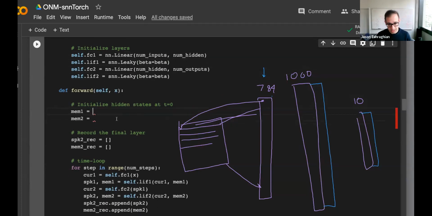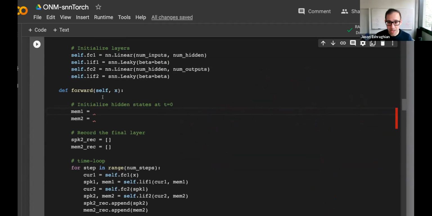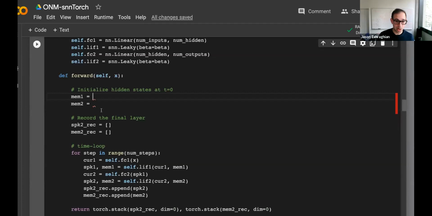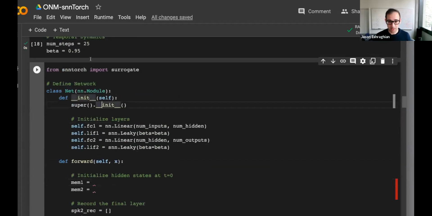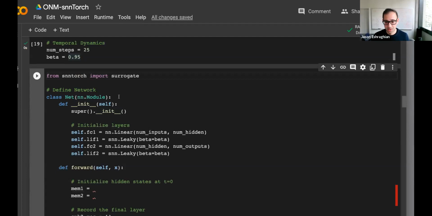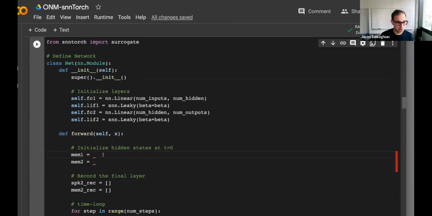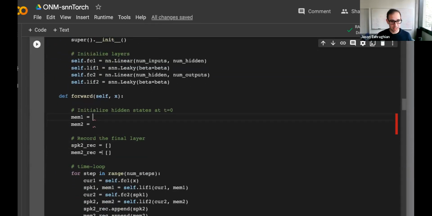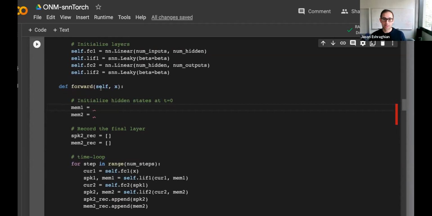Sweet, so once again, I'm going to clean this up. We need to initialize our membrane potentials. I'm going to run this again, just so I don't kill my runtime because of lack of use. Previously, we just set it as torch.zeros, and that was fine. But remember what I said about the shape of the leaky integrate and fire neuron? There's no way that LIF2 knows how many samples of data we're using. It doesn't know the number of outputs from the previous layer, and therefore it doesn't know the number of inputs coming in.